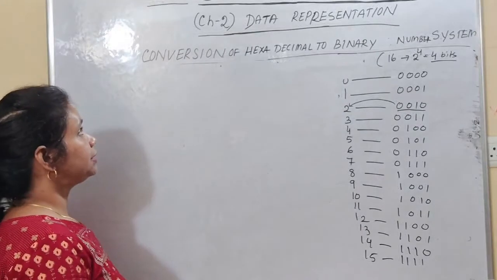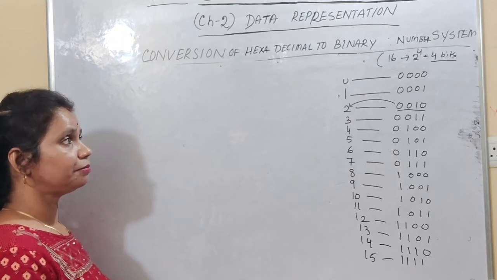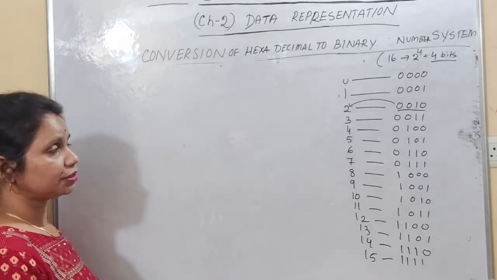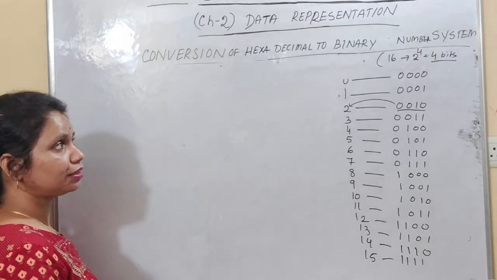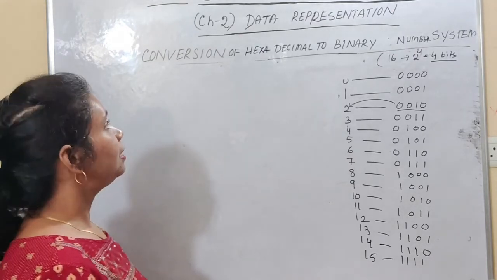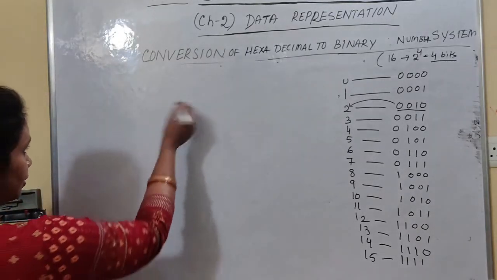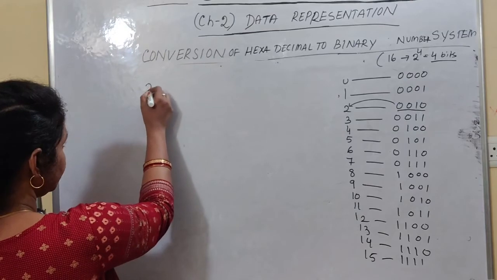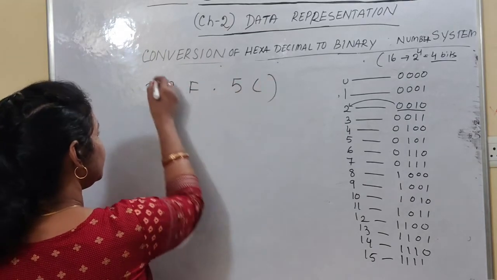Now students, we will see how you can convert one hexadecimal number into its equivalent binary number system. So the process is the same. You can convert the hexadecimal number to equivalent decimal, then you can convert decimal to binary. Is it not? But directly also you can do. So in this process, let's take the example. Suppose 3BF.5C. This is a very easy process, students.